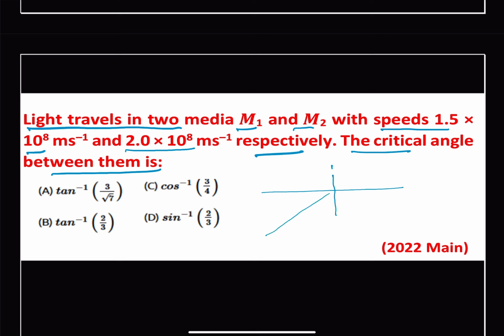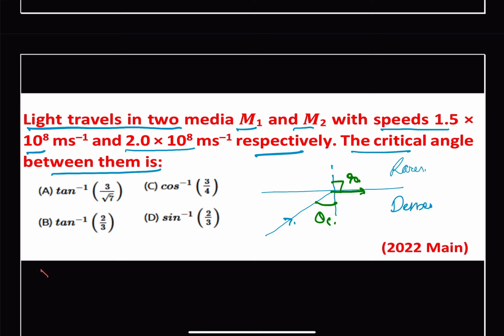Let us suppose this is our incident ray. With this, this will be our denser medium and this will be our rarer medium, and for the critical angle the angle of refraction will be 90 degrees. Let us call this critical angle theta c. And we are given that the respective velocities are given,